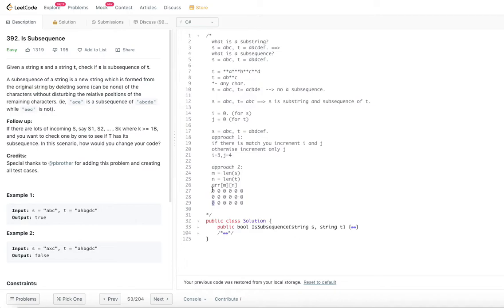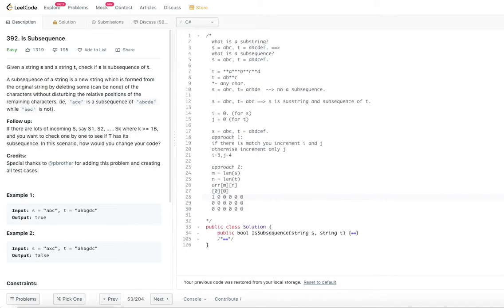To initialize the first row and first column, we employ a method: we see if there is a match with the first character. The first corner, the leftmost corner, will be 0,0, which means we are looking at the first character in S and the first character in T. If there is a match, as in this example with S and T, we turn this to 1.